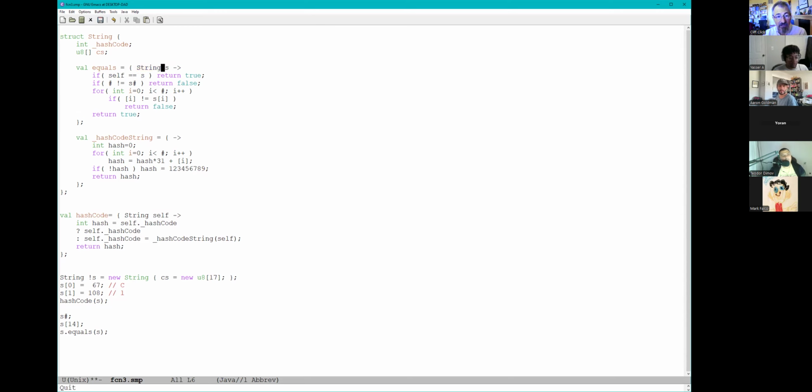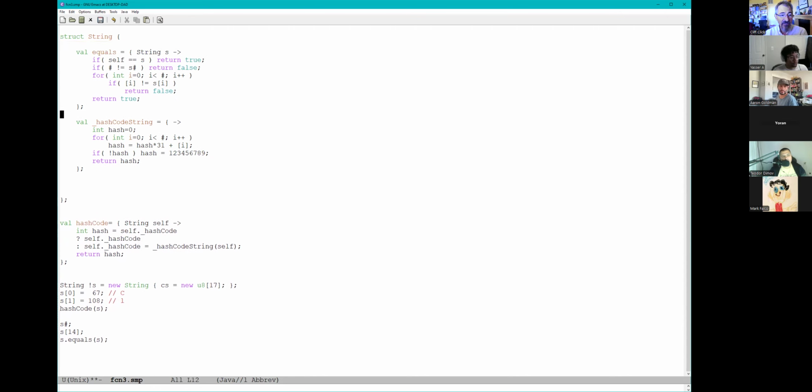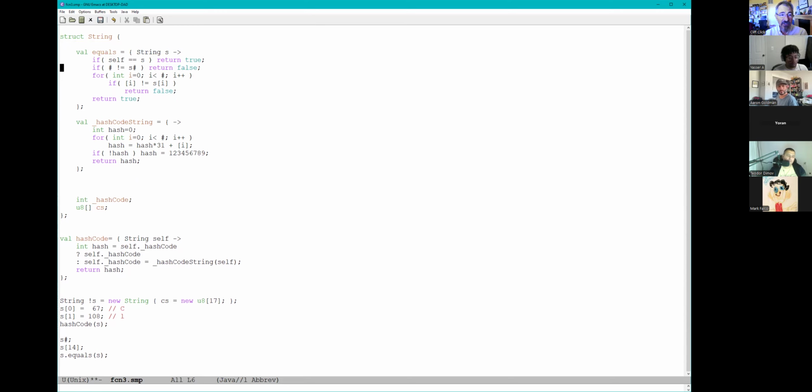I don't know what the fields are. So I have a string object. That forward reference works. I don't know what the fields are because there may be fields below the function down here. Exactly how I wrote the thing was, I'll put these fields down here. When I'm looking at the string equals here in a function, and I'm taking a string and I say string what? Well, it used to say string.cs. Okay, what's CS? There's no field CS because it's a forward reference. That wasn't working because it was a function inside of a struct and the struct declaration hadn't completed. But structs referring to structs, functions referring to functions, those all work right now.